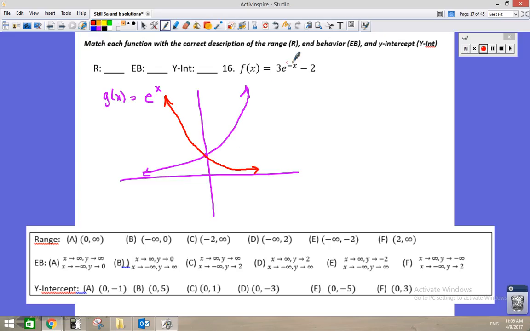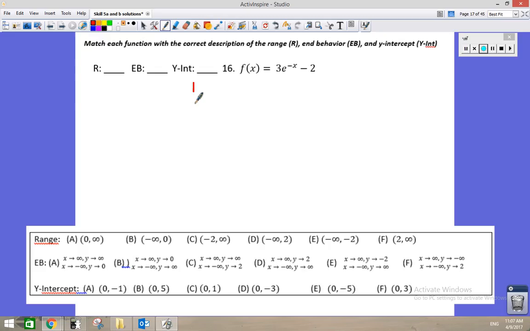And then what this 3 is doing is vertically stretching this graph away from the x-axis. And then the minus 2, that's going to push this graph down 2 units. So my basic graph that I'm looking for has been stretched but then pushed down 2 units, and it's,